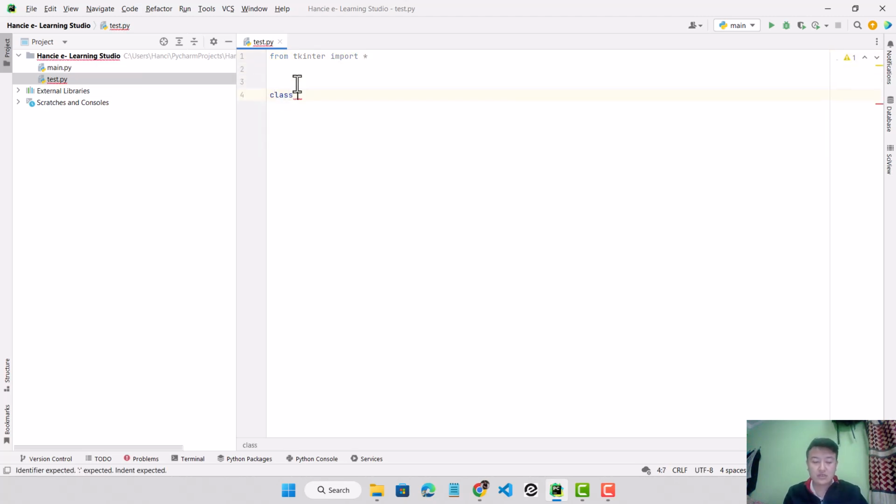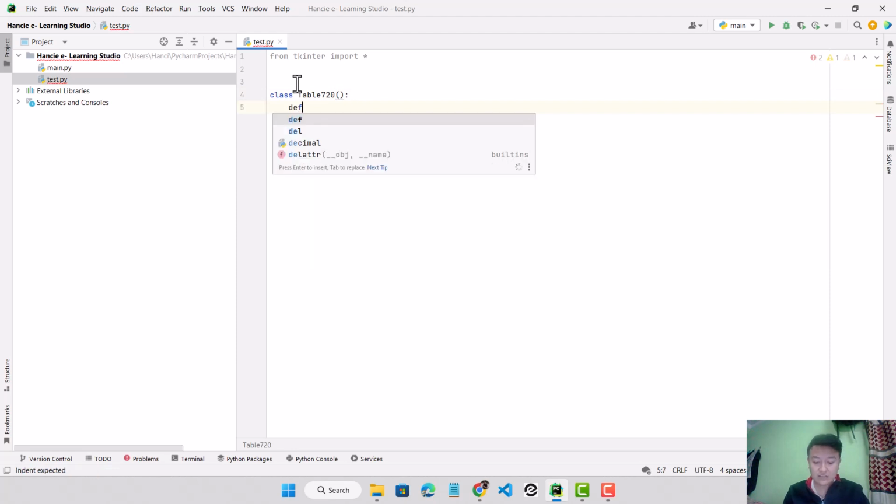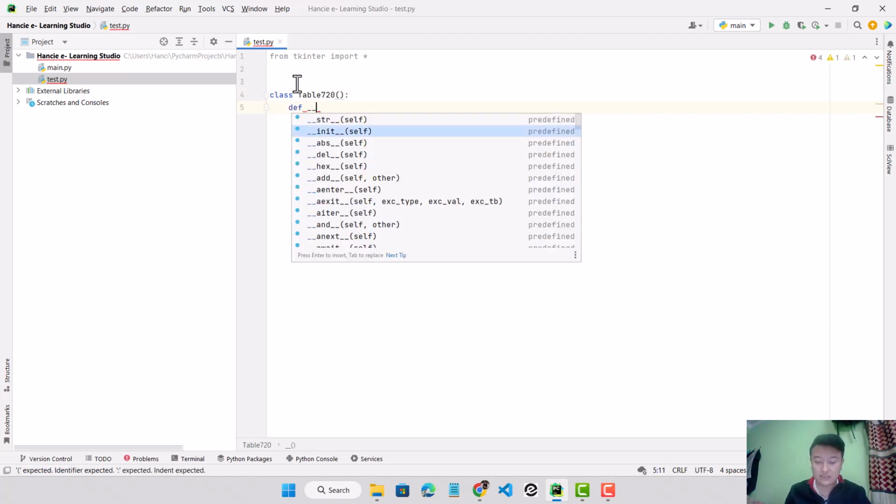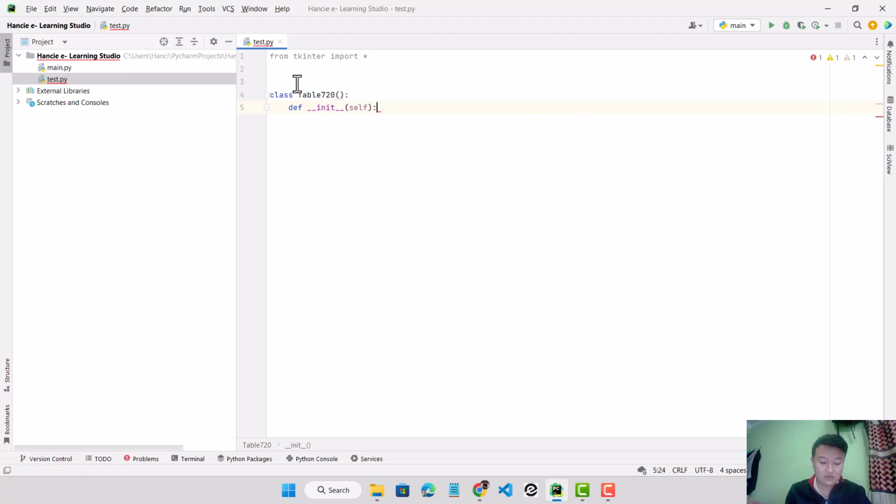I'll create a GUI using a class, on the concept of OOP. I'll initialize the class using the init function. Now I'll give the parameter root in my function. If __name__ equals to __main__,